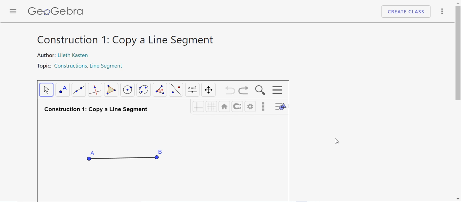In this geometric construction, I will show you how to copy a line segment using the compass feature of GeoGebra. Just like in the actual construction using a real compass, pencil, and straight edge, we will use the point